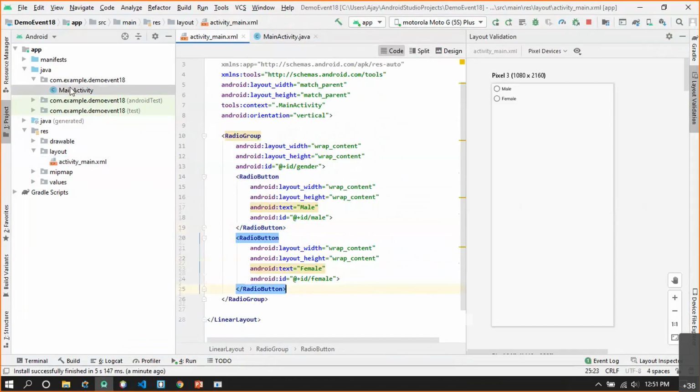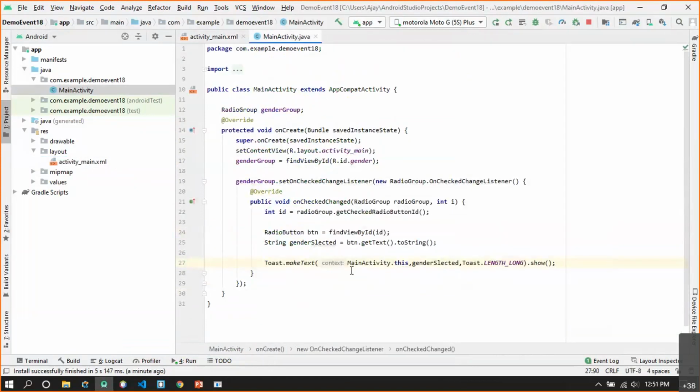And the second important thing is, even if you are seeing the radio button as a control, we are not actually handling the event on the radio button, but we are handling the event on the radio group. Okay, and the method we have to use for registering the event is called setOnCheckedChangeListener. So whenever inside a radio group any of the radio button values is changed, this particular method is going to be executed, and it has one abstract method called onCheckedChanged,